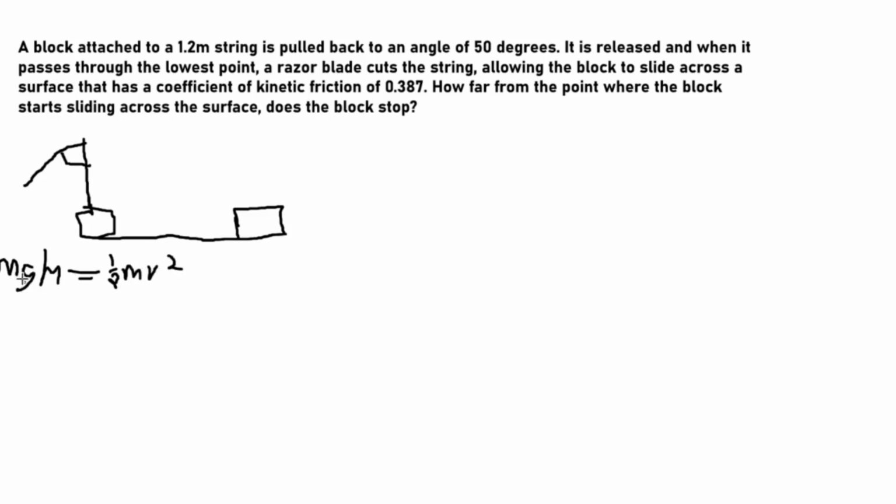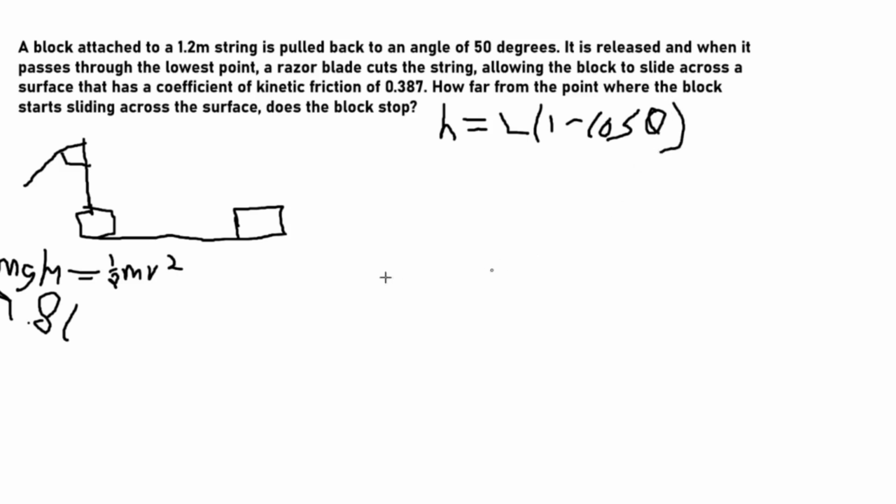So the masses will cancel out. We'll go to the gravity of 9.8 times the height, which in this case, since we have a string swinging, the height will not just be the length of the string. It's going to equal the length times 1 minus the cosine of the angle, which in this case is 50